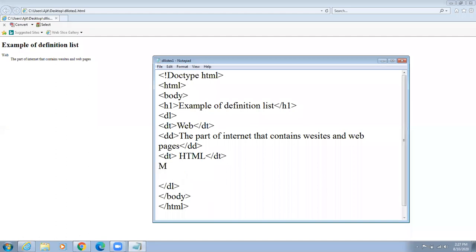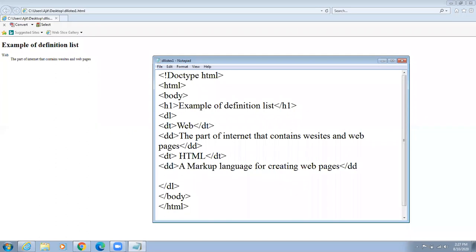Then definition data, for example, a markup language for creating web pages.